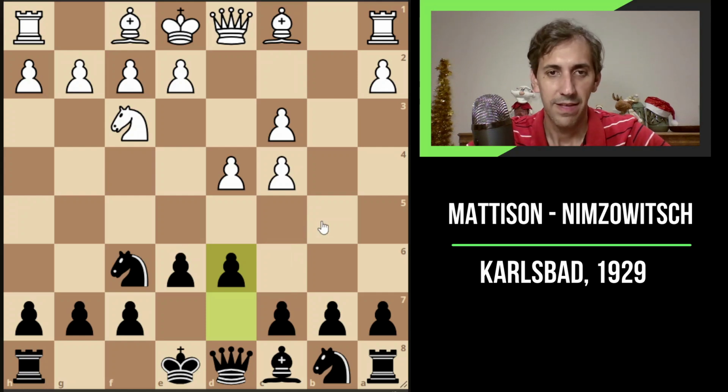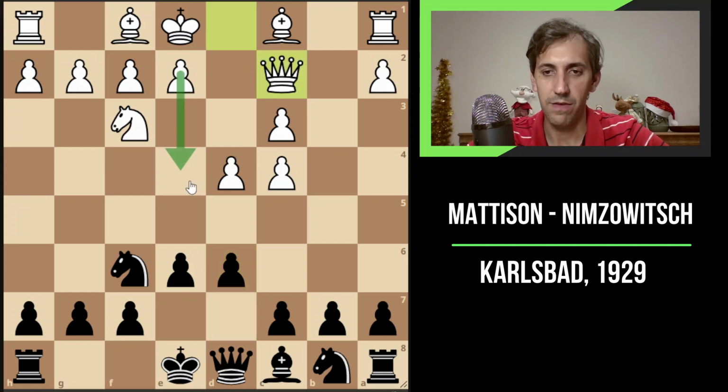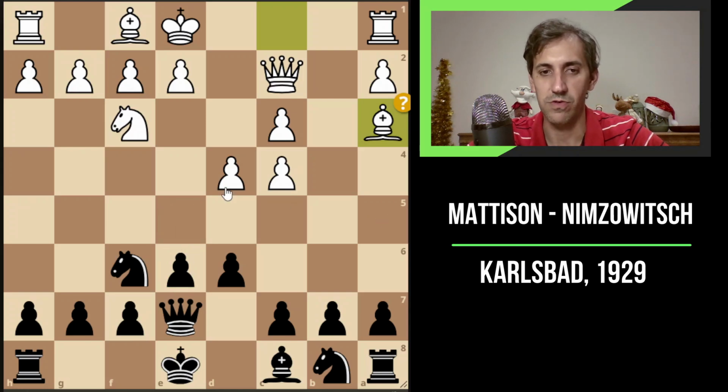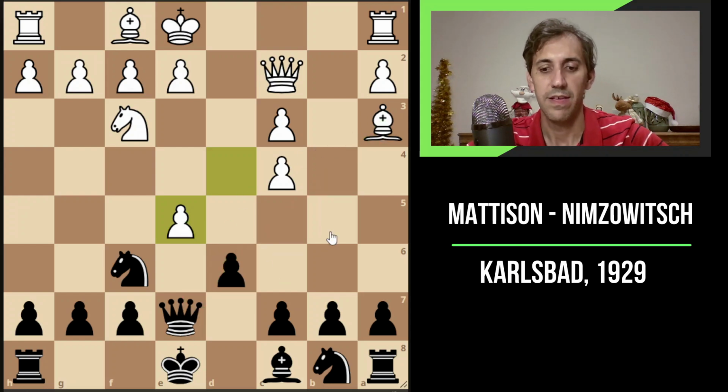Now, White takes upon himself to dominate the center. Queen c2, he wants to play e4 most likely. Queen e7, supporting e5 and c5. And White makes a very instructive mistake. He plays bishop a3 here, which is a terrible move. The idea, of course, was to stop e5 altogether, because e5 now just loses the pawn after d takes e, and we can't take back because the queen will be hanging. So